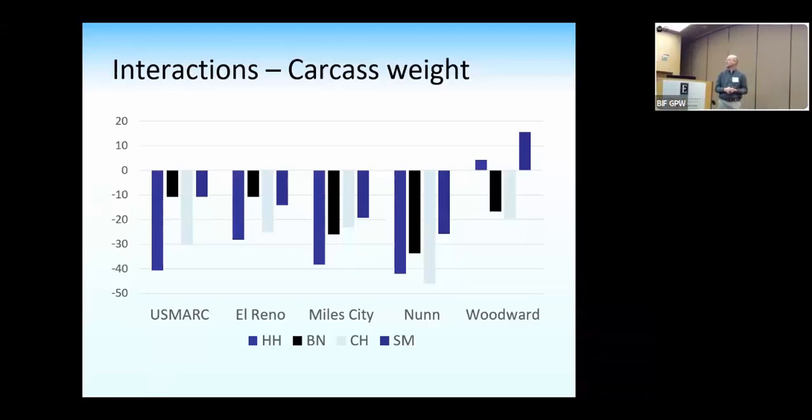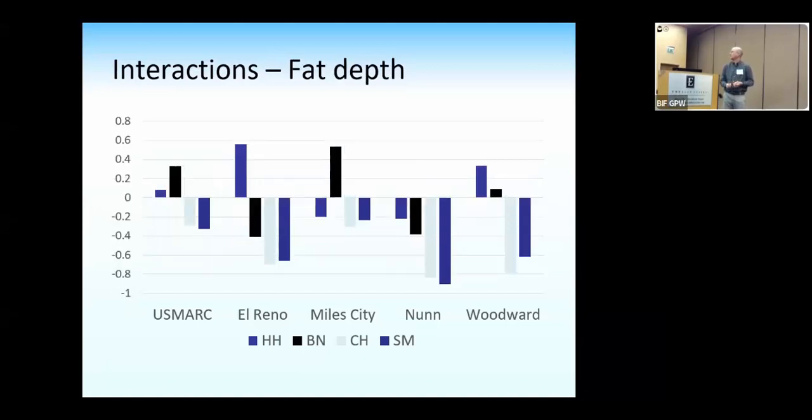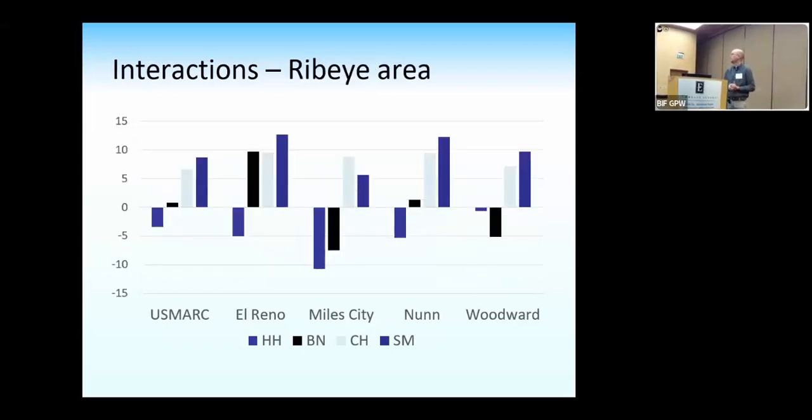A little bit we see on carcass weight, maybe. Where there's some changes on Woodward relative to the others, maybe the other locations not as much. Markedly similar, some re-ranking again on Woodward, primarily on Hereford, doing a little bit better there. And fat depth, a little more across the board where I said we got some of those changes. We were seeing a little bit with Hereford and Brangus and different locations on fat depth and where the fat accumulation seems to be going.